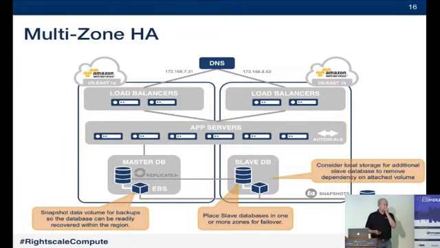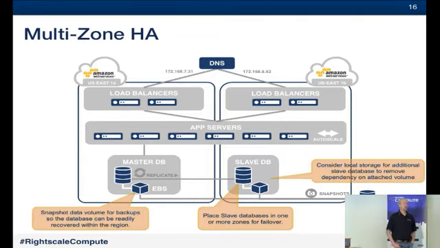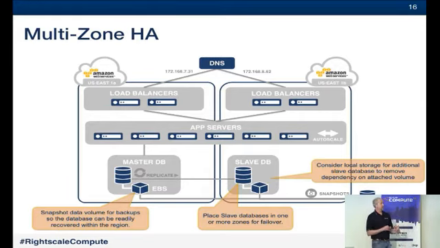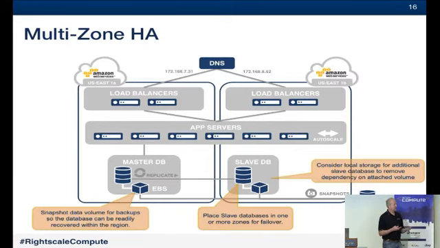You might want to consider local storage for additional slave databases. How many folks here were in some way impacted by one of the AWS outages in the last 18 months or so? A fair number of hands. Of those outages, virtually all of them were either caused by EBS or at least related to EBS. Our general recommended best practice in AWS is to run your relational database server on EBS. But you're saying, EBS was causing all these problems. So what we tell some of our customers to do, if you really want to isolate yourself from those EBS